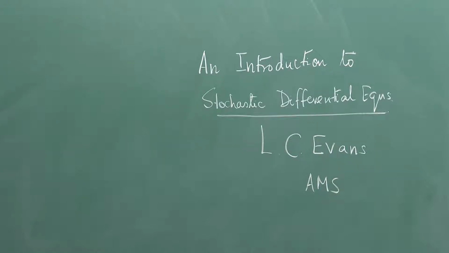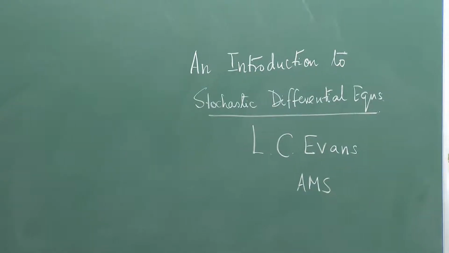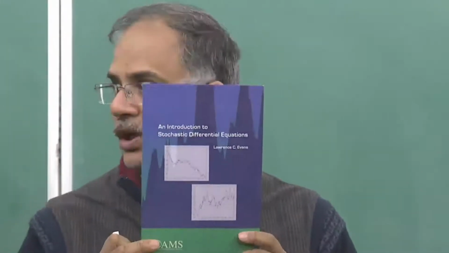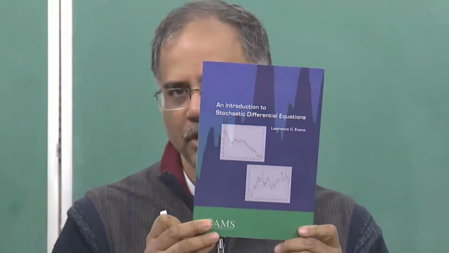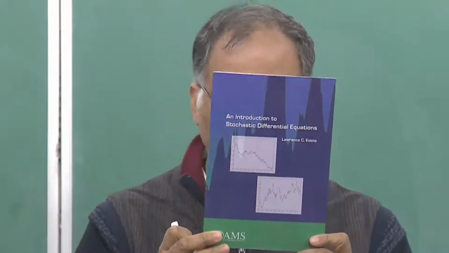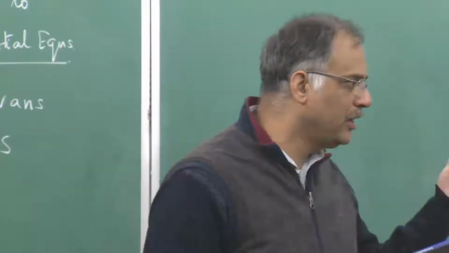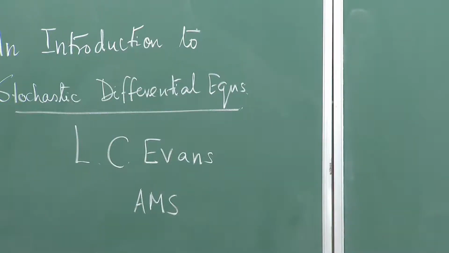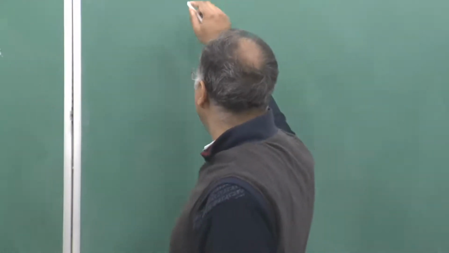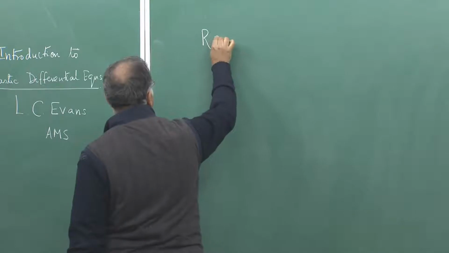Maybe I should just show you the book in case you want to see the cover. This is the book which I will be largely using in this course, and as I have told, from today we are really going to get into the more theoretical issues. We will immerse more into the technicalities of probability theory. One of the first set of technicalities that should come is the idea of a random variable or a random vector.